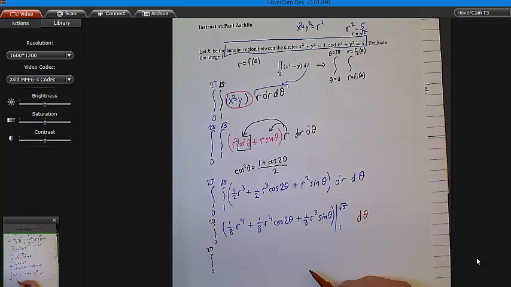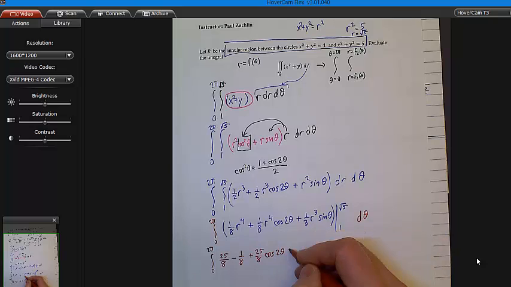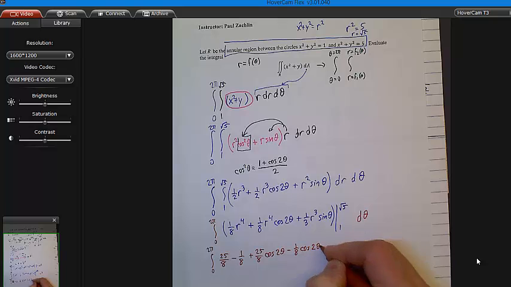I get, well, if I plug in that, oh, cool, I get 25. So I get 25/8, and then let me just plug in the 1, minus 1/8. And then here I get plus 25/8 cosine of 2 theta, minus 1/8 cosine 2 theta. Did you do power reducing before you integrated? And then plus